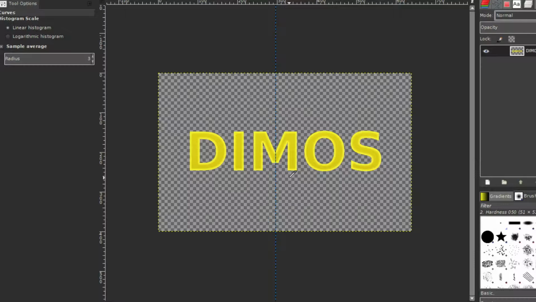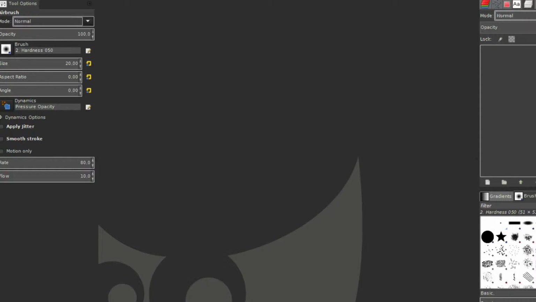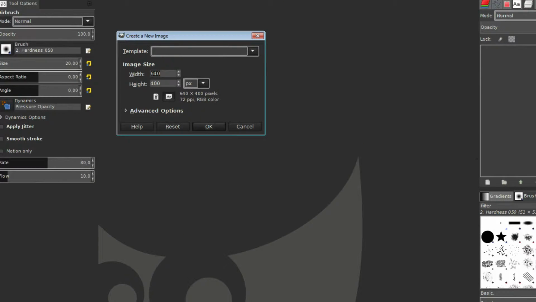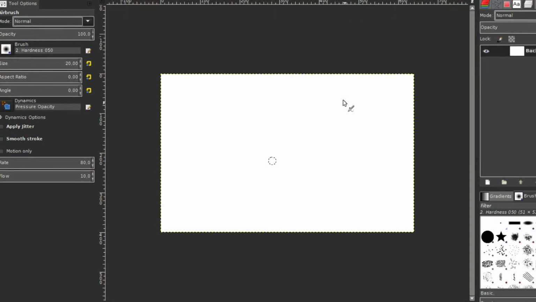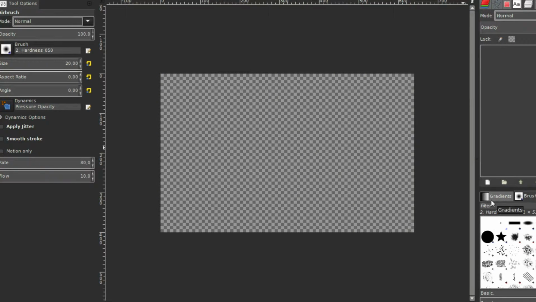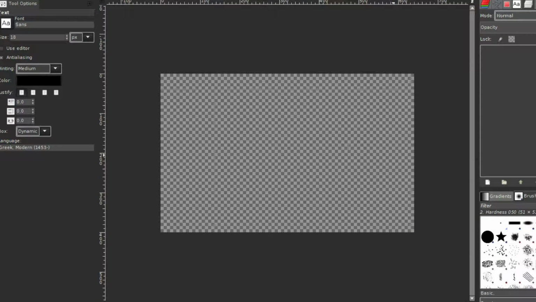Today I'm going to show you how to make this text in GIMP. To begin with, we go to File, New, and you can add any size you want. Click OK and you've got a new space to work. Now we go ahead and delete this layer. Now go to the text tool right here,